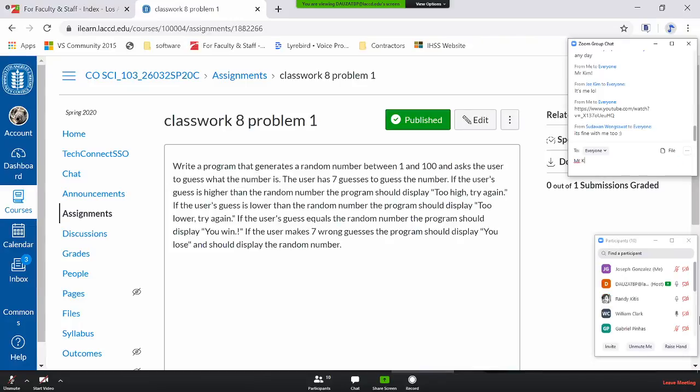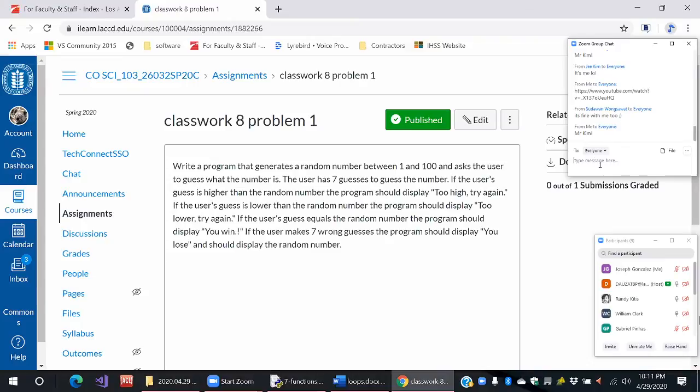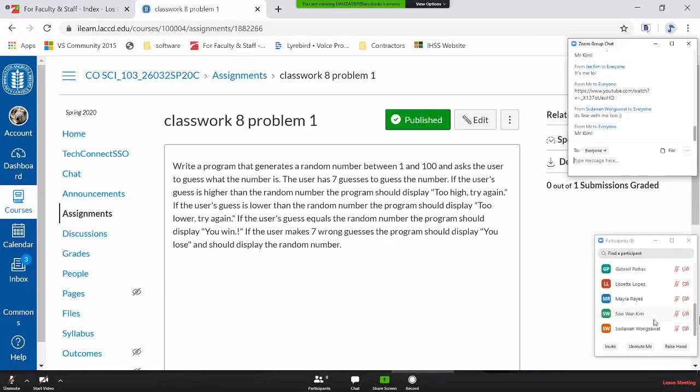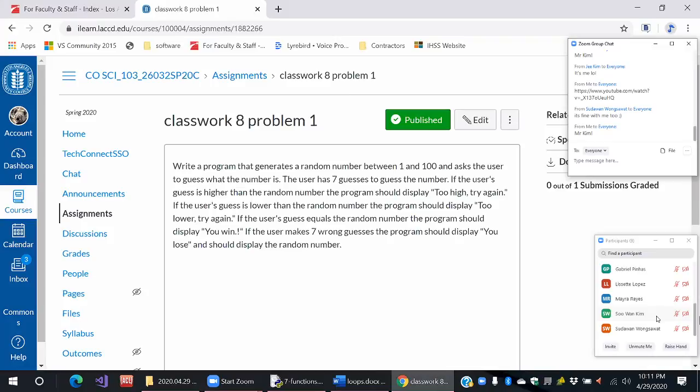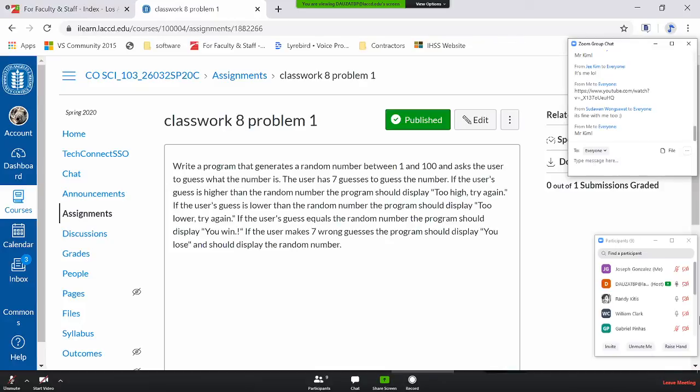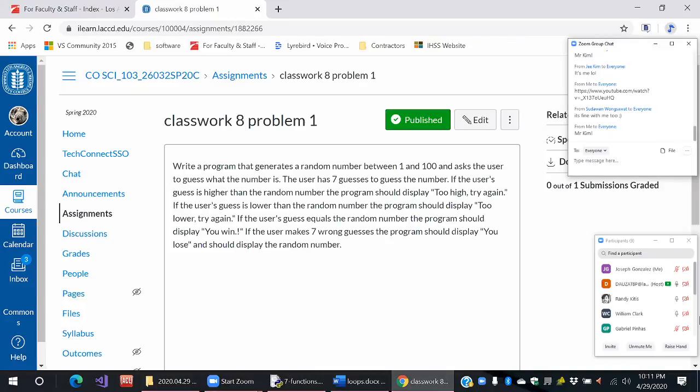So the 7 guesses, that's where I have to go back to the other programming and create numbers. You have to create another variable called guess count. And what's going to be hard to do, because now there are 2 ways that your loop can end. You can either guess the secret number, or you can make 7 wrong guesses. See how you handle that. When you do the solution, I hope my solution will make a little bit more sense than yours, because I have a feeling you're going to have a lot of